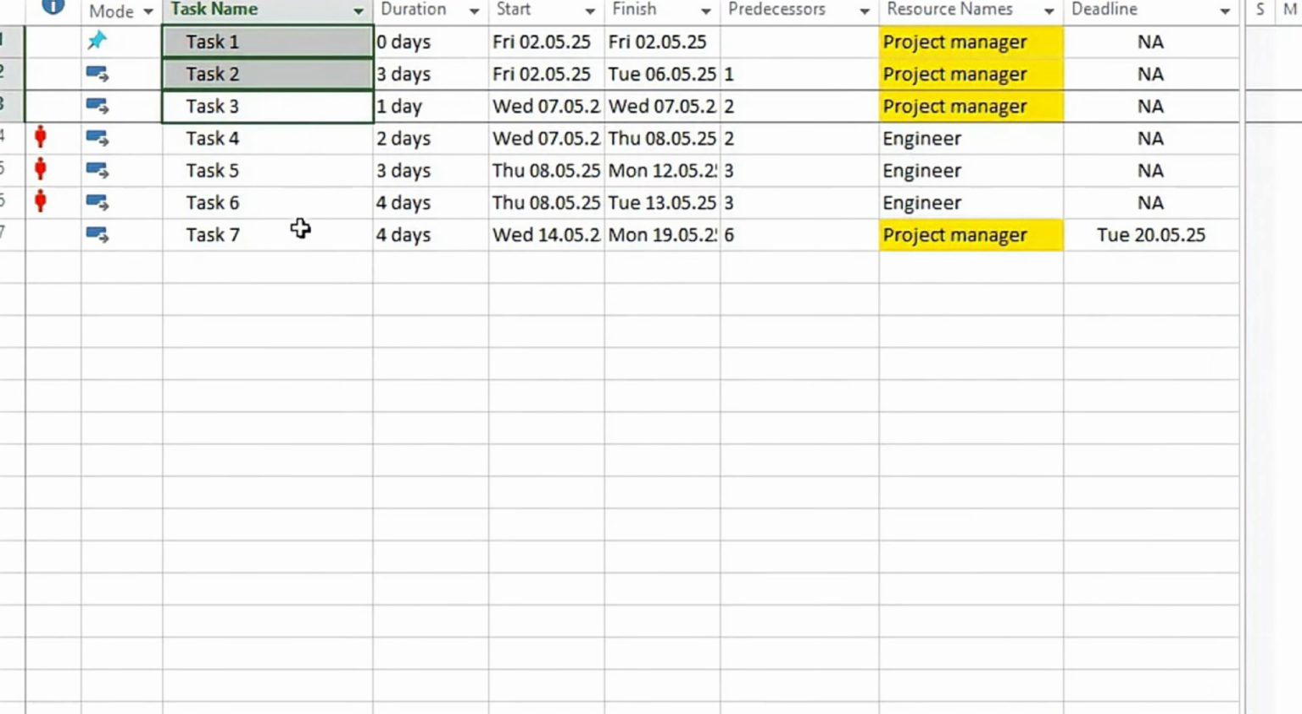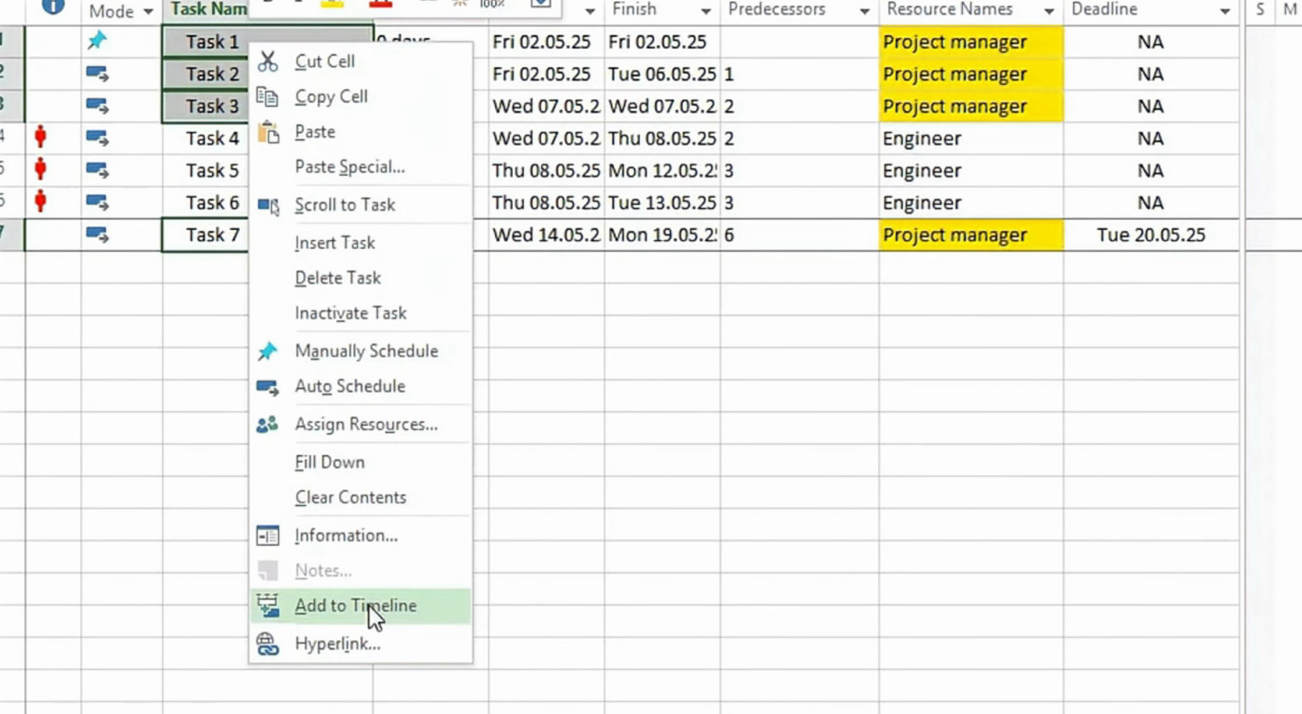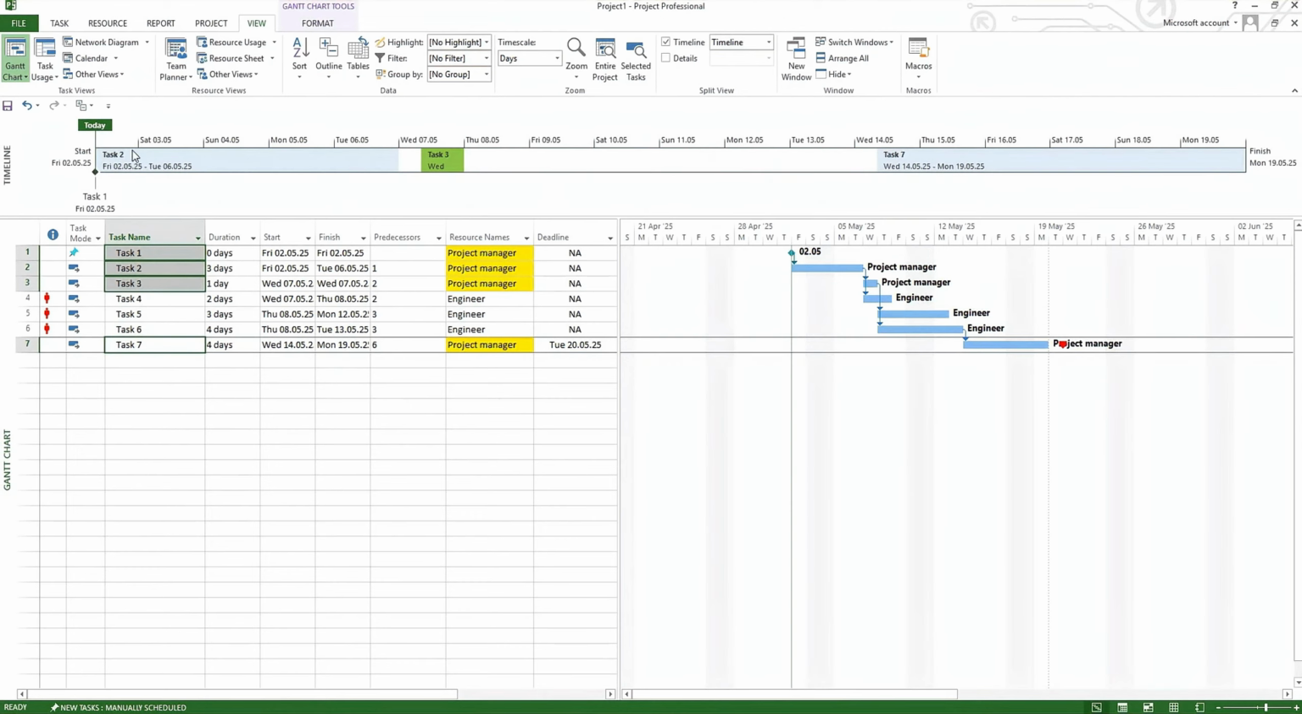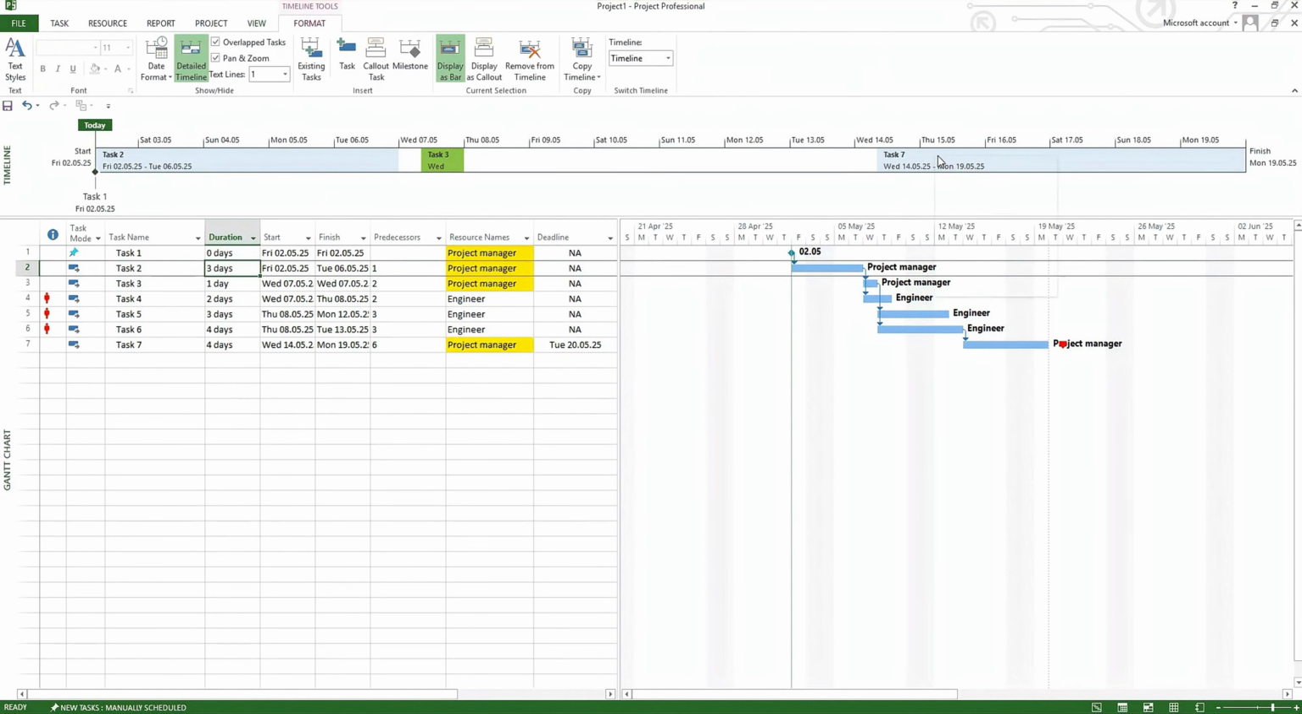If you want to add something to timeline, you just hold control, select the task you need, right mouse button, add to timeline. So now you see all these tasks starting from milestone, which is task number 1, then task 2, task 3, task 7, with a period of time when I need to work on these tasks, and also